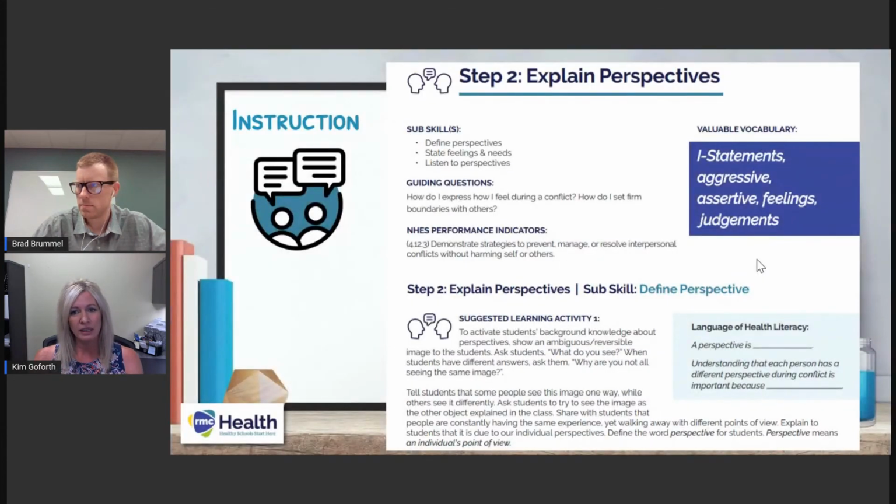And so as we navigate through step 2, digging into the different perspectives. Why was this conflict created? Maybe it's just different perspectives. And so activating background knowledge, I think, is huge when we're living in this space. Perspective could also deal with diversity and culture. And so it's a very important line to walk, but giving kids these skills, identifying the terms with I statements, assertiveness versus aggressiveness, using that language of health literacy, giving them some prompts to use to say, because I think